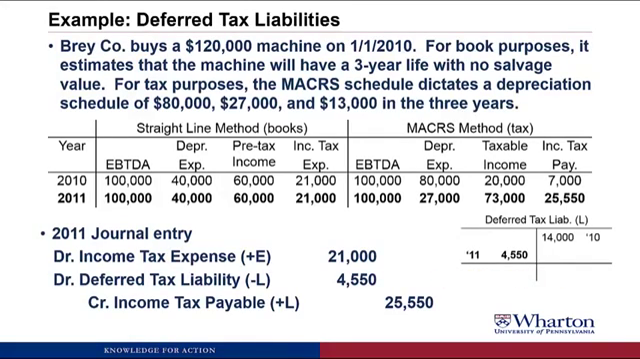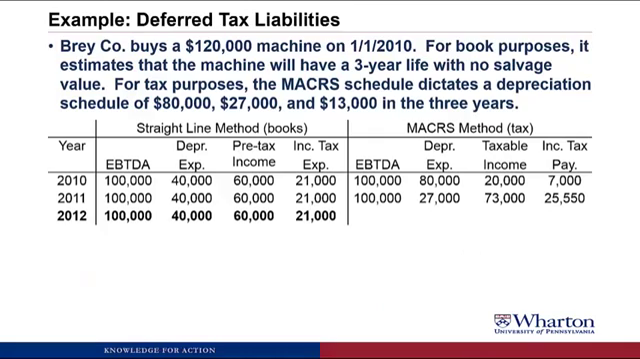And so what you see here is the temporary differences are starting to reverse. And as the temporary differences reverse, we reduce the deferred tax liability, so now the balance would be something like 9,450. Then in 2012, for the straight line method, we're going to again assume everything the same,